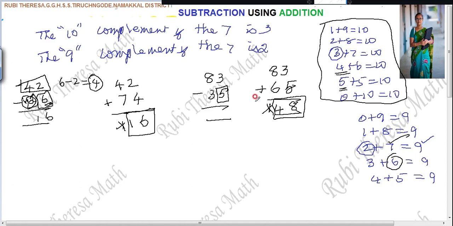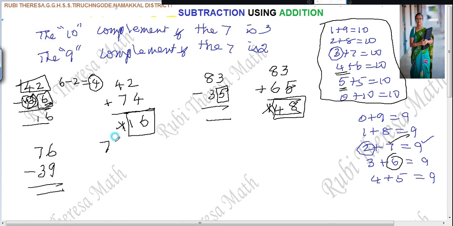Understand? Just for reference or competitive exam purposes, those who want to use it, you can use it. Small children, you prefer it. Instead of depending on only one method, you choose a little more. Some more methods, if you know, just for your verification, you can do it and verify the answer. Next one, 76 minus 39.